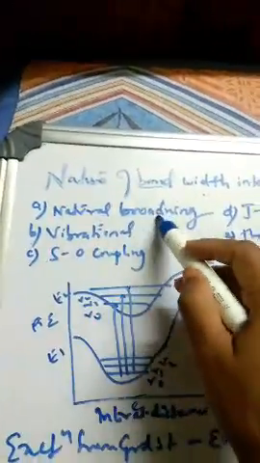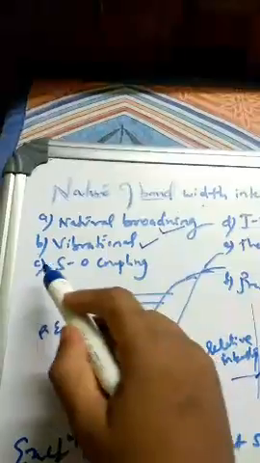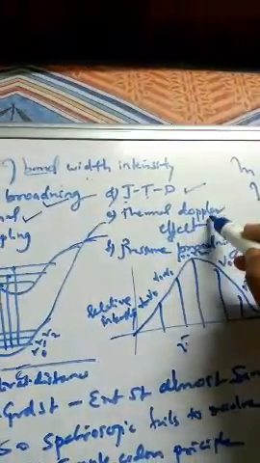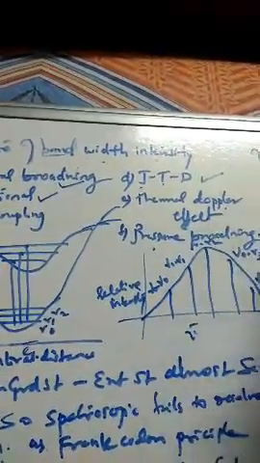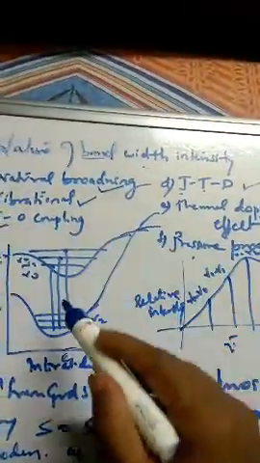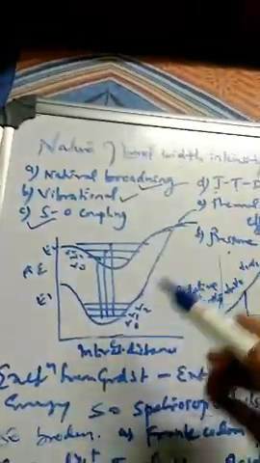It may be because of natural broadening, or vibrational modes of transitions, or spin orbit coupling, Jahn-Teller distortion, then the thermal Doppler effect and pressure broadening effect. So these are some of the reasons why the spectra is seen as broad in the UV-visible region. One by one, if we study the vibrational one, see here,